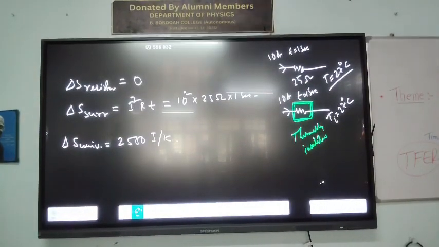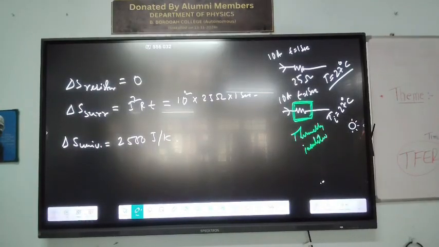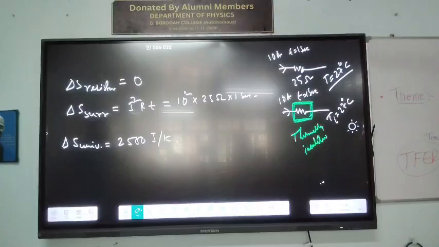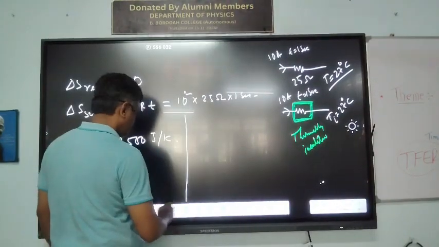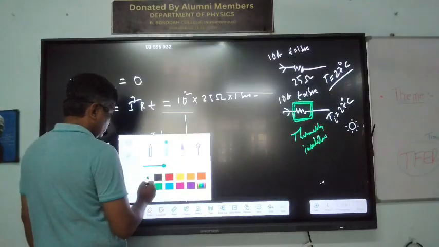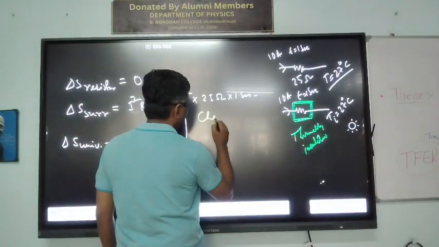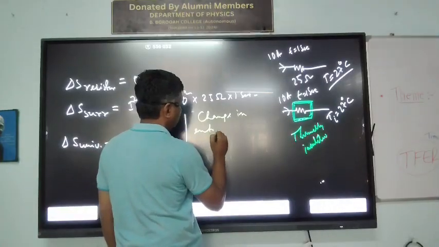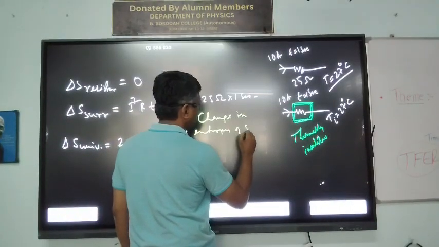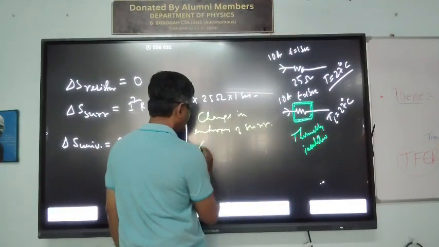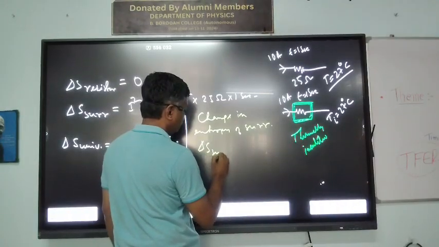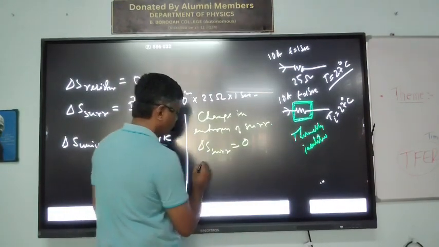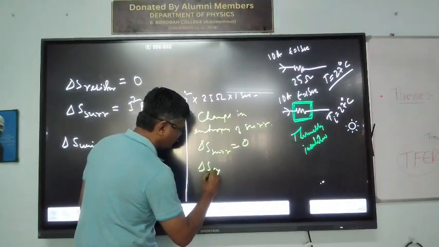Now what will be the change in entropy of the surrounding? 0. Because you are thermally insulating, no heat is going to the surrounding. So change in entropy of surrounding, del S. Now change in entropy of the system, that means the resistor,